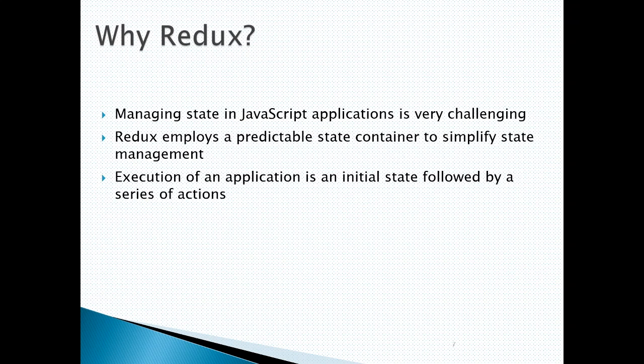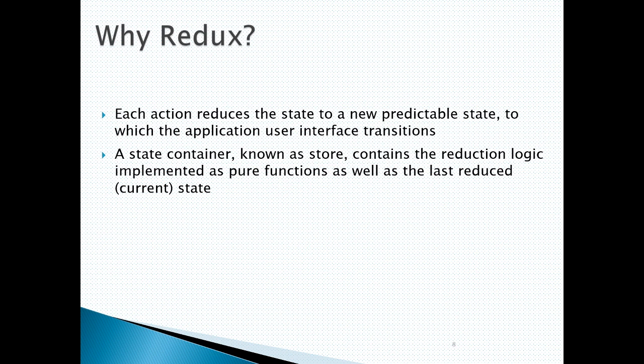Redux is used to manage state in JavaScript applications which are very challenging. Redux implies predictable state changes, and the execution of an application is an initial state followed by a series of actions. Every action reduces the state to a new predictable state to which the application user interface transitions.